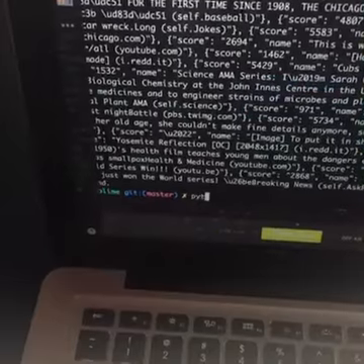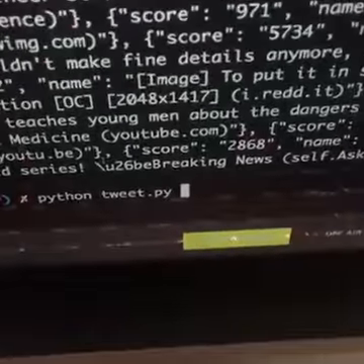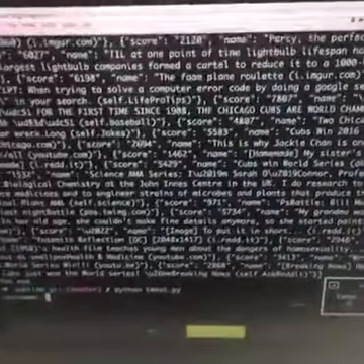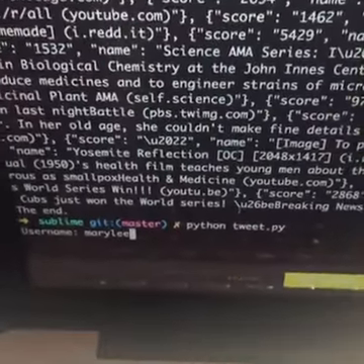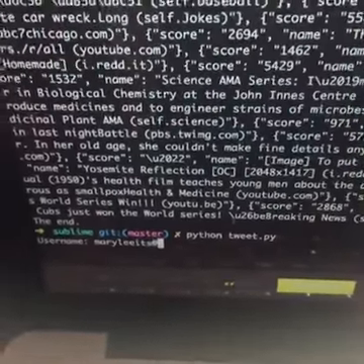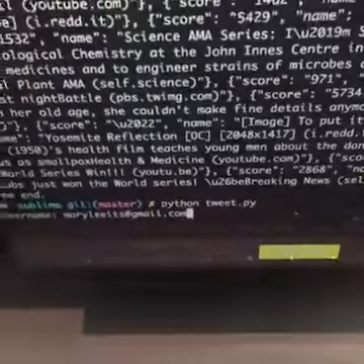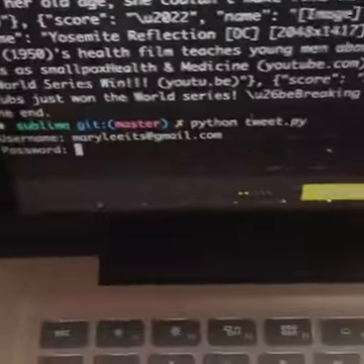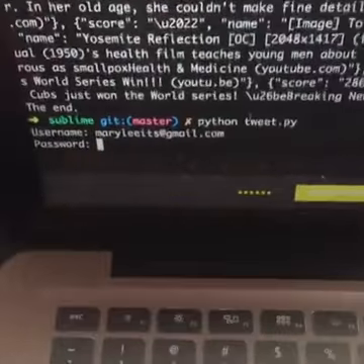So I'm running python tweet.py, and it is asking for my username, okay? I have my secret email, and it is asking for my password. Why? Because I'm not using the API this time. I will use just a scraper. So I will type mine,